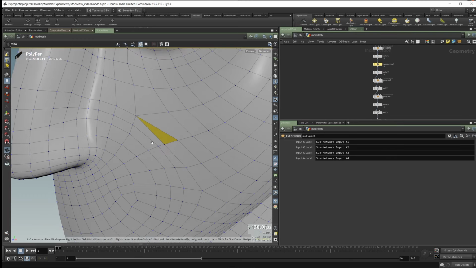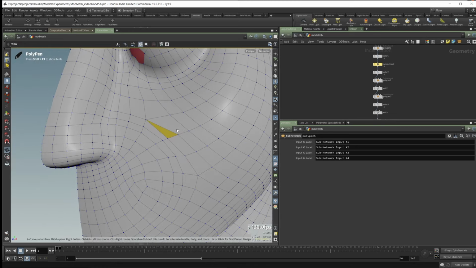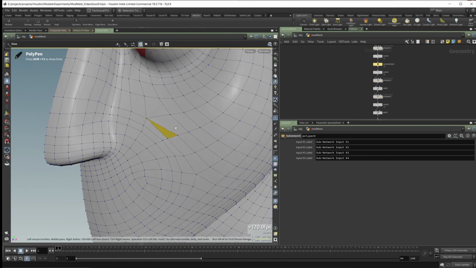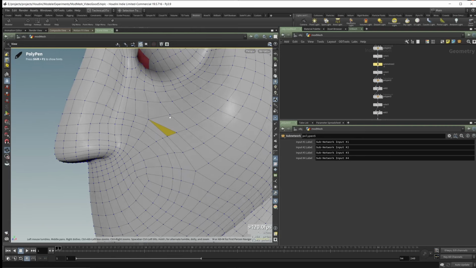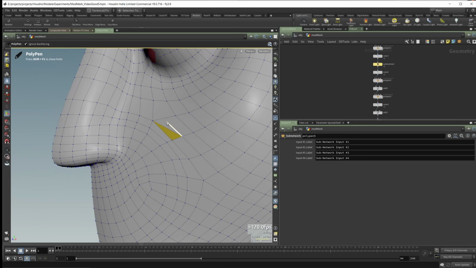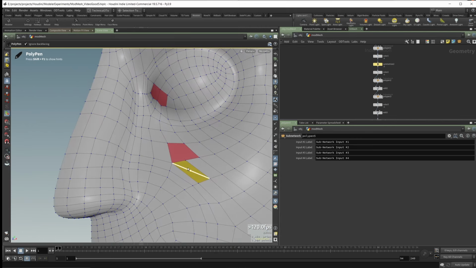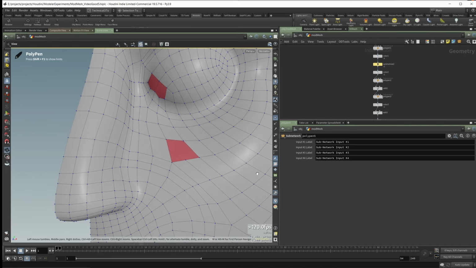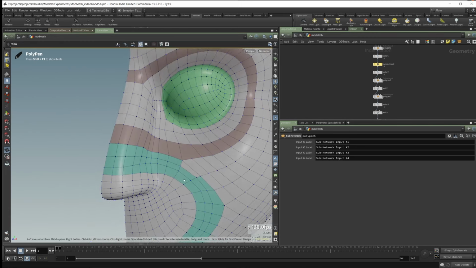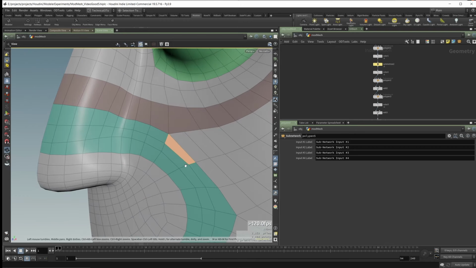Hold the shift key down. Okay, so now I have a triangle here that has to be resolved, and that's going to have to go up to the eye. Control key to add that, and then just delete it. Let's see how we're doing with our edge loops. So if I hit the 4 key, I want to select this, and then